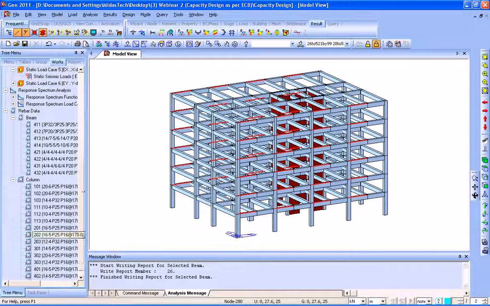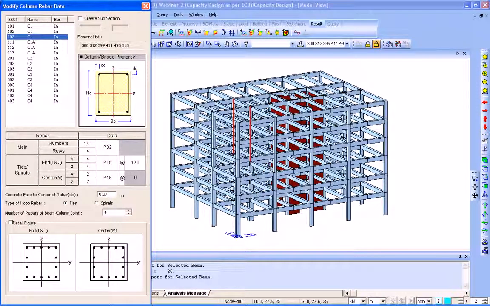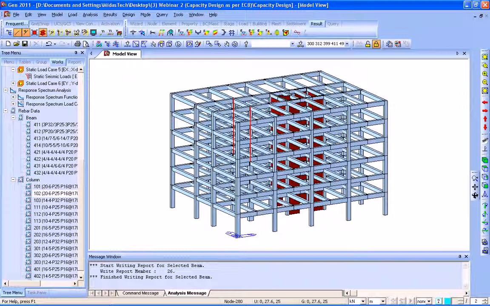You can do the column as well. You can change the rebar data and perform the column checking to check whether your input of the rebar data, or modification of the rebar data, is satisfied or not. Okay, I finished the capacity design, and next I will introduce the useful module and option implemented in Midas Gen,